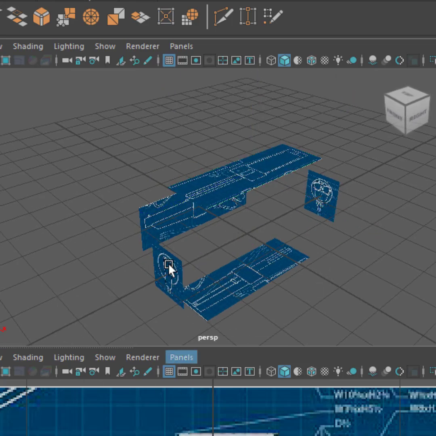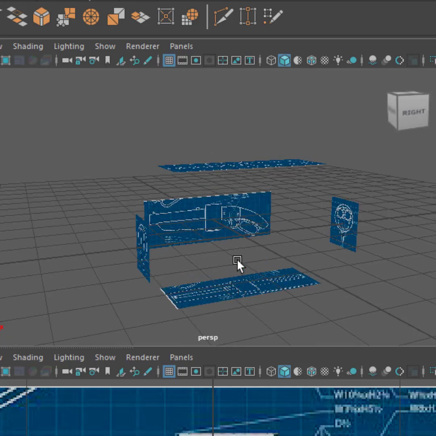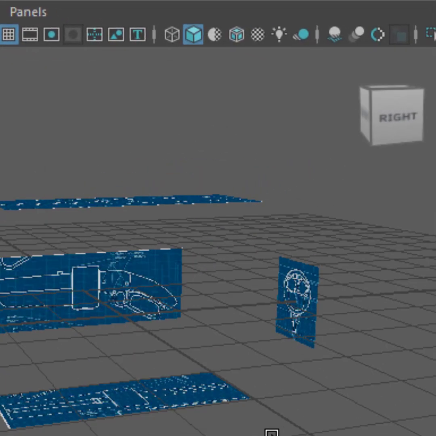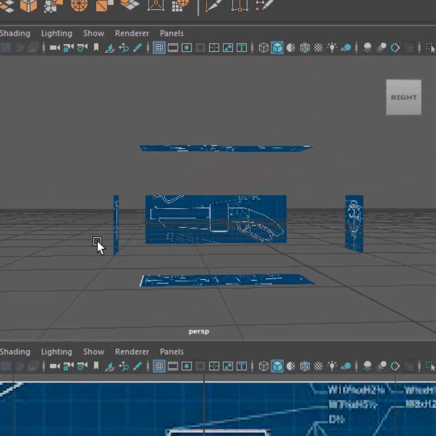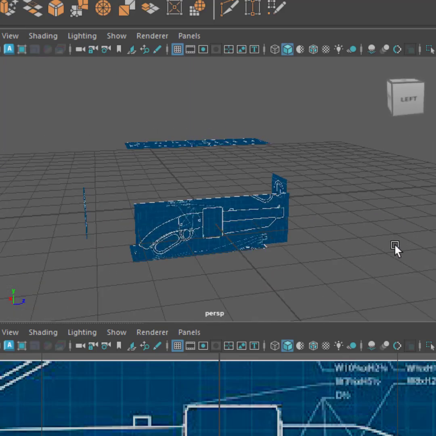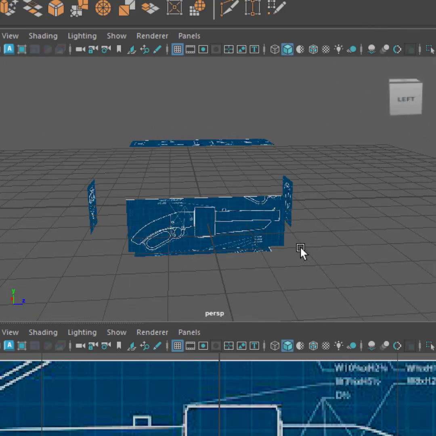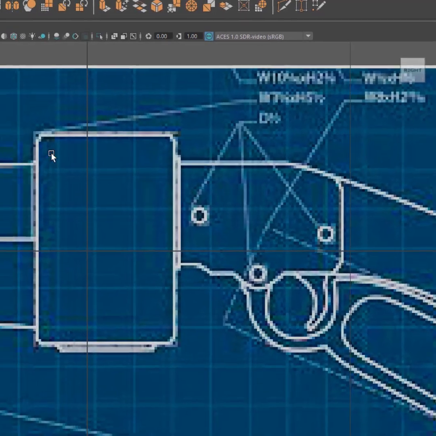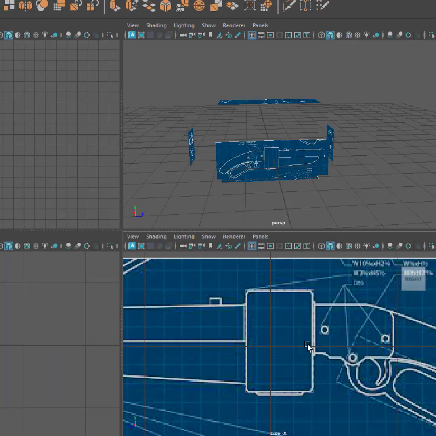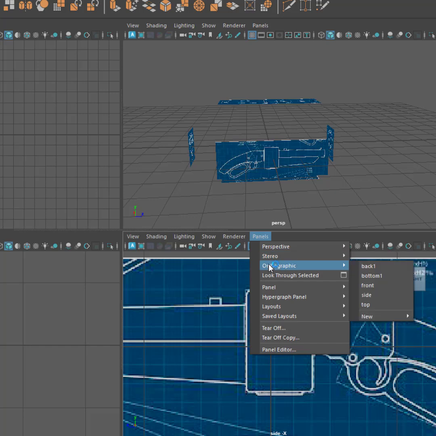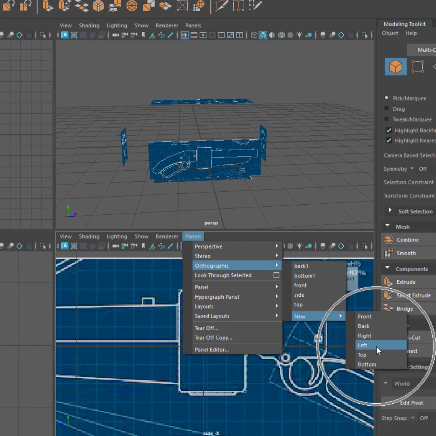So the next is I will just create an opposite for the right side view. So that's the right. To create an opposite for it, I will need the left. Okay, so I'll create here in panels. So here at the side view, I'll create panels, orthographic, and then new, I'll choose left. Clicking that,